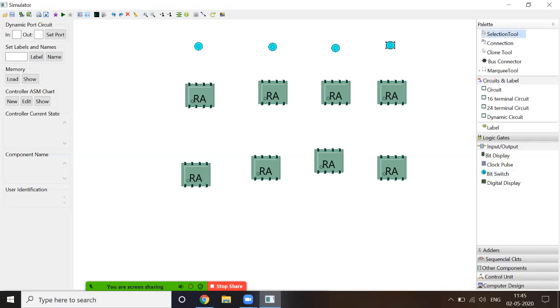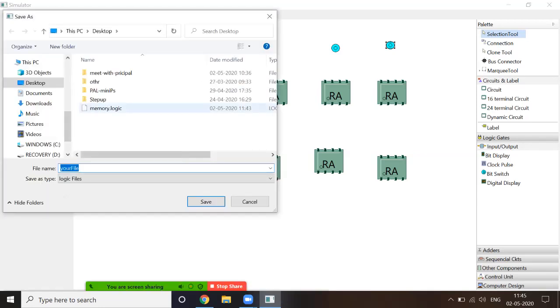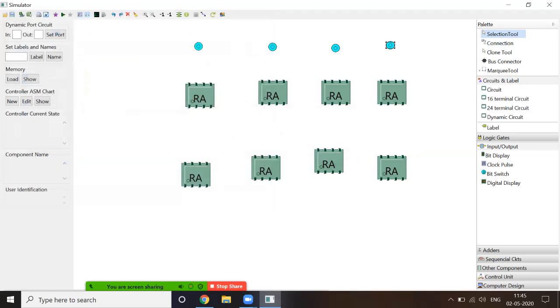Okay. So by default the value of this bit switch is 0, and it is a toggle. So if you double click it, it becomes 1. Again you double click it, it becomes 0. Okay. Better you continuously save this because sometimes there can be a problem that this window closes. So we'll save this. You have to just overwrite this file, that is memory. You can save it over here.